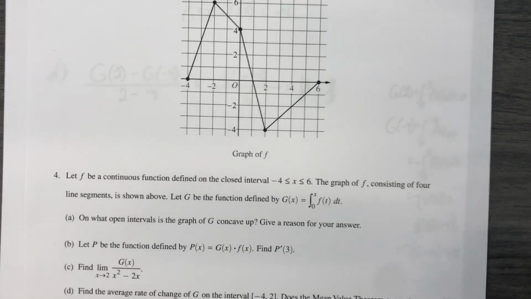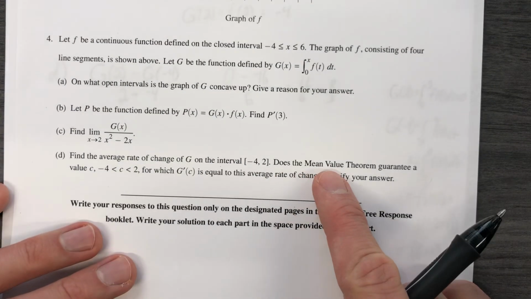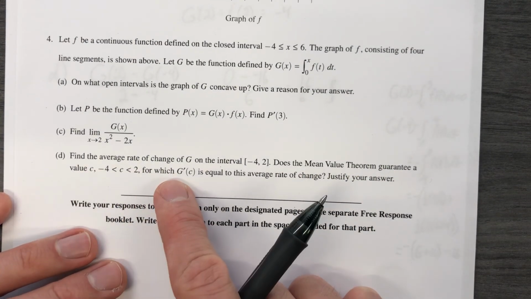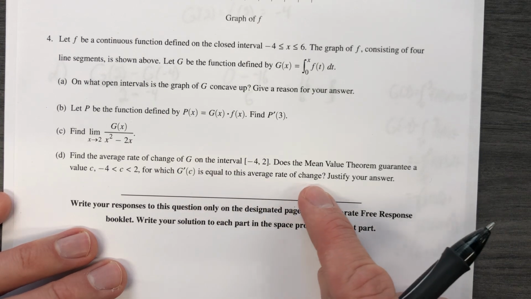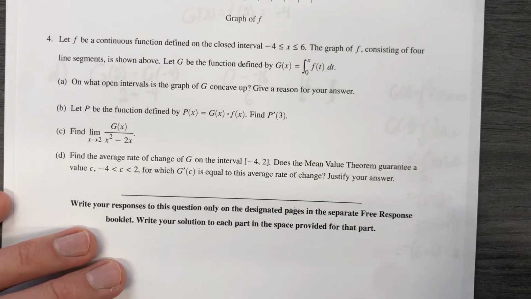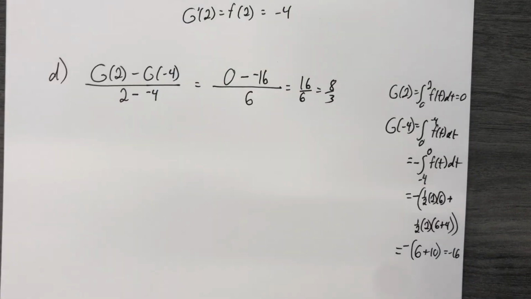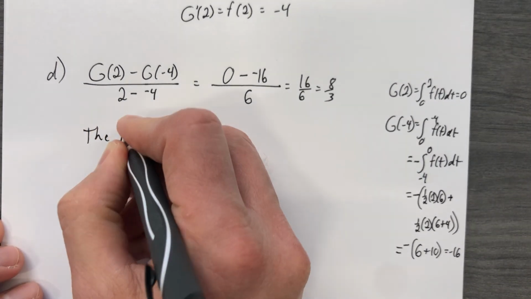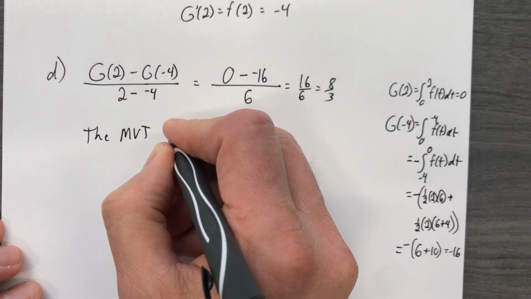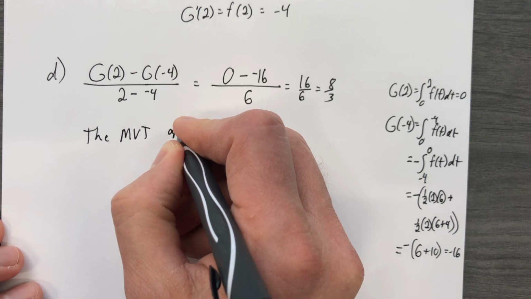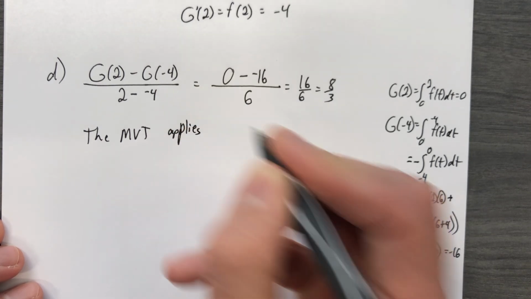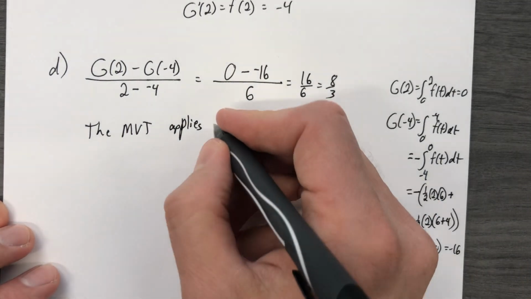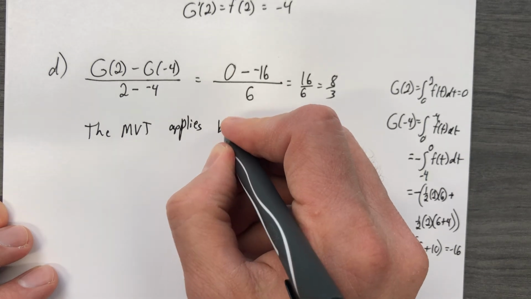So here is the deal. Does the mean value theorem guarantee a value for which g prime of c is equal to the average rate of change? Justify your answer. Yes, it does. Let me launch into the explanation and you'll see why. So the mean value theorem applies, almost misspelled applies, there we go. That second P is larger than the first one. Applies because